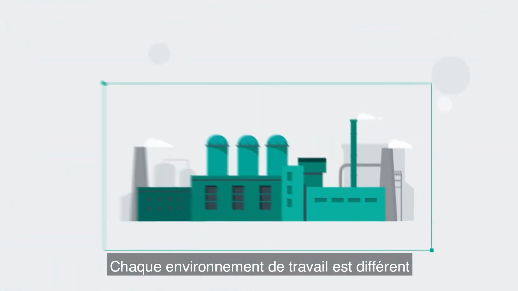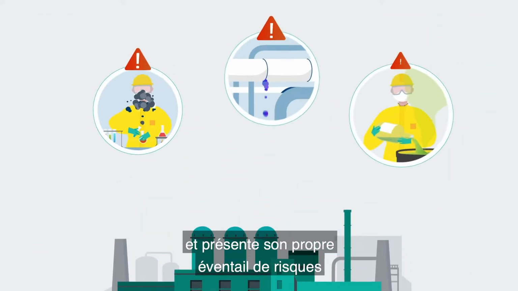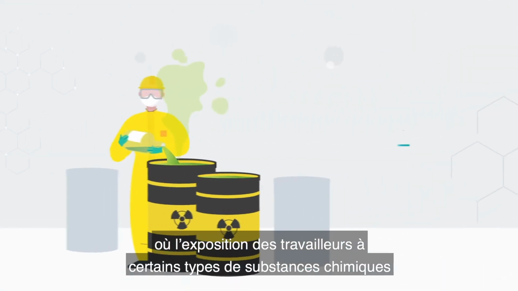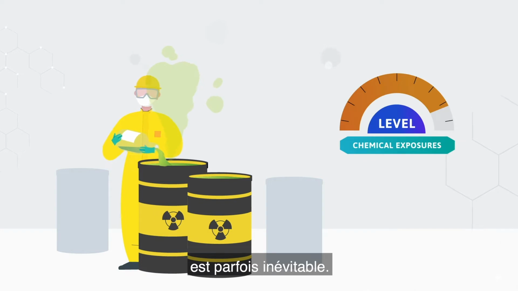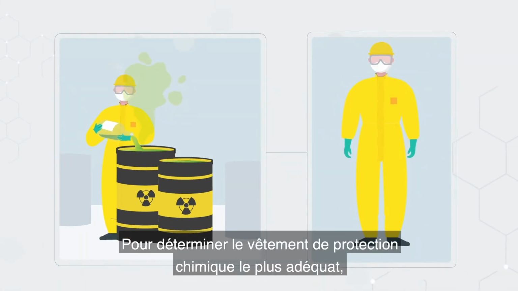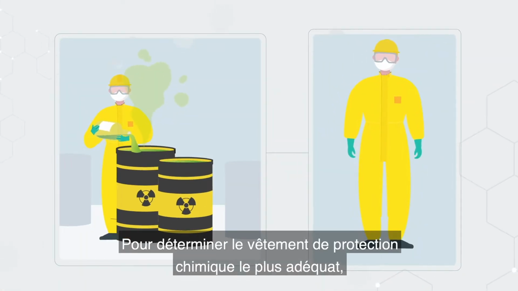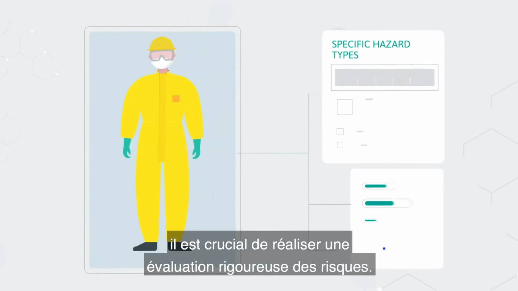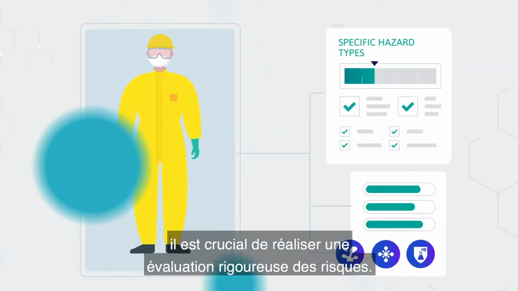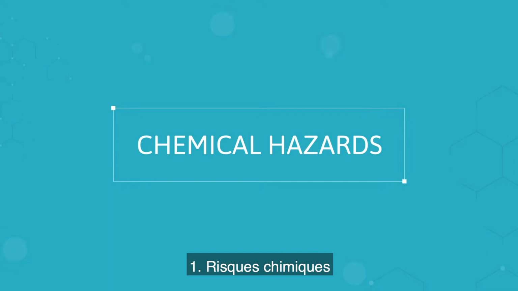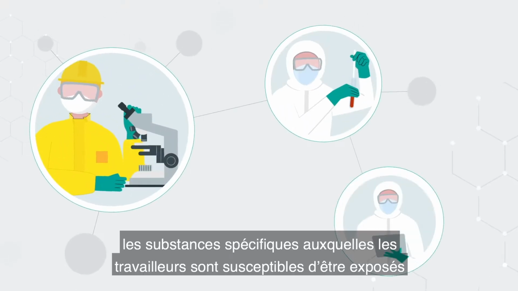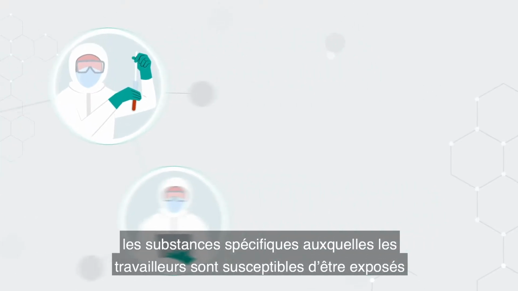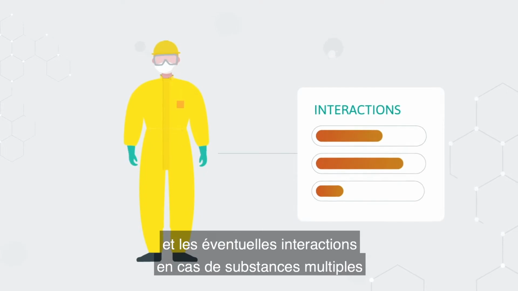Every workplace is different and presents its own specific set of risks, where worker contact with some chemical types may be unavoidable. To determine the most appropriate chemical protective clothing choice, a thorough hazard assessment must be undertaken. 1. Chemical hazards. The specific substances to which workers may be exposed, and any interactions in the case of multiple